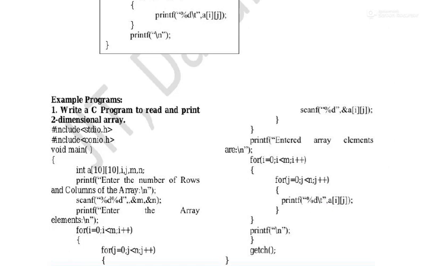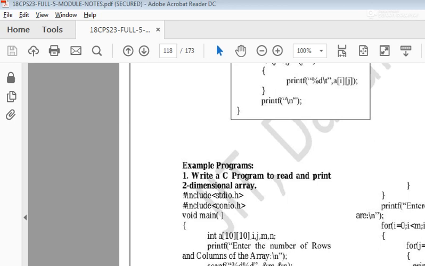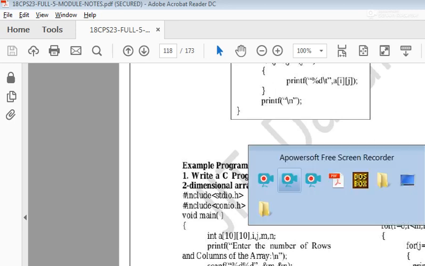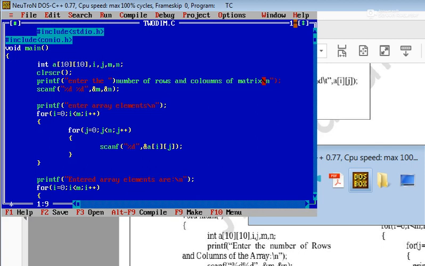Now we see the example of how to execute the matrix. So now I will show you how to execute a matrix. So listen here. Here in Turbo C, I typed how to read and write the 2-dimensional array. First what I explained, that same program I typed here.